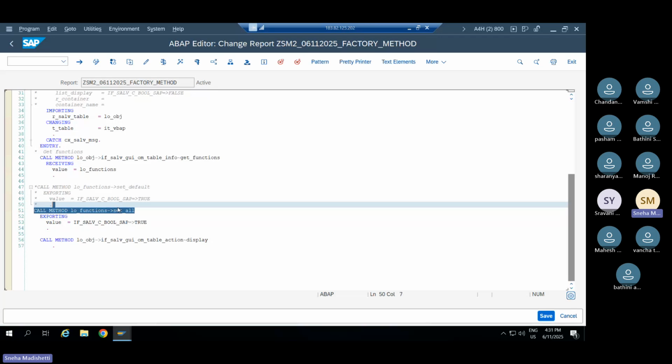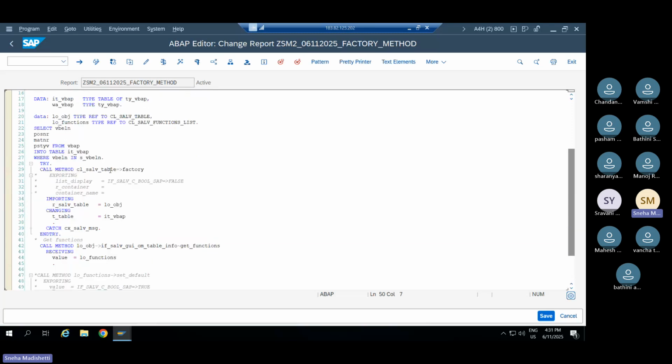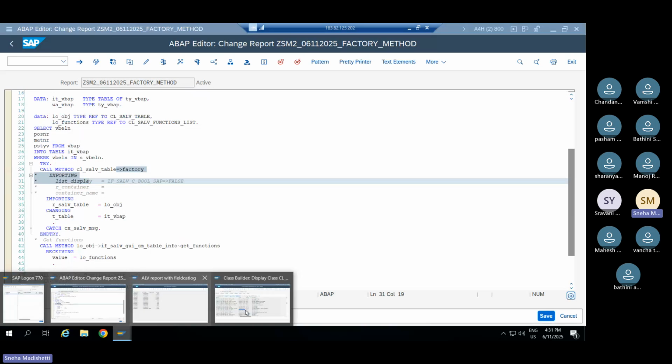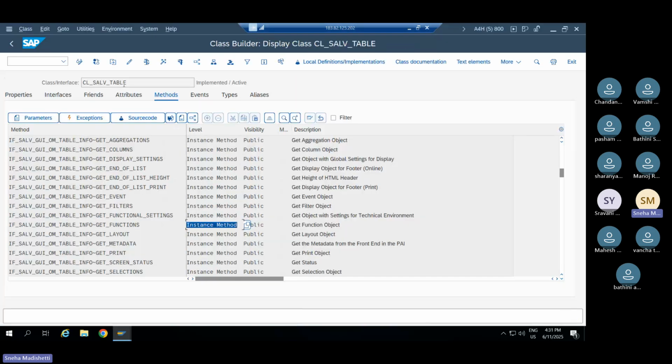So to access any class properties, this is the main class. So let's see. I'll go to this class CL_SALV_TABLE. Now columns is there, right? If you see, there is a method get columns. So what is this method? It returns only the object. If you see, get columns object. So if I double click on this method,